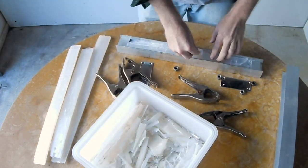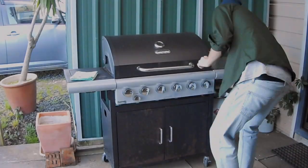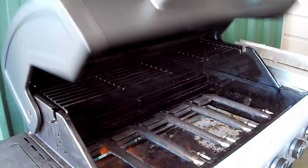Then I filled the I-beams with the plastic and then placed them into the oven, preheated to 220 degrees Celsius,